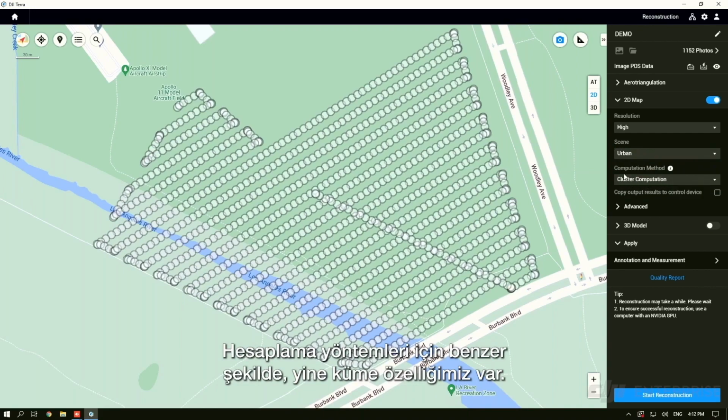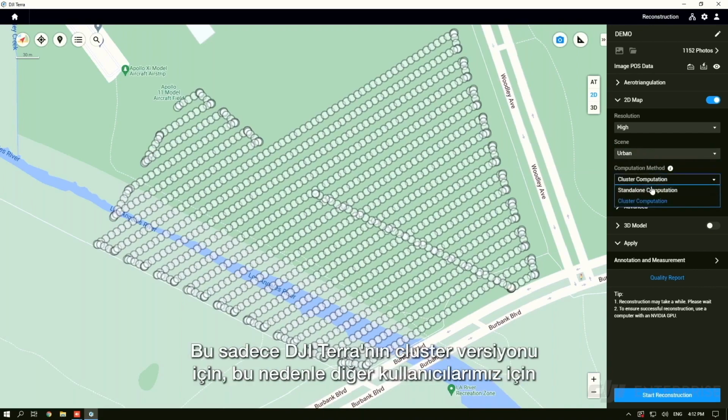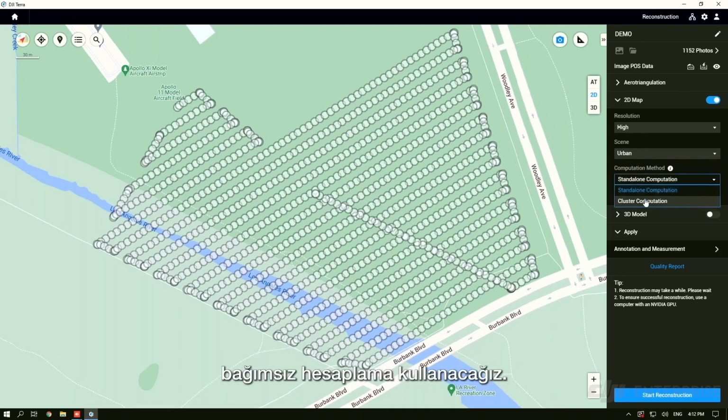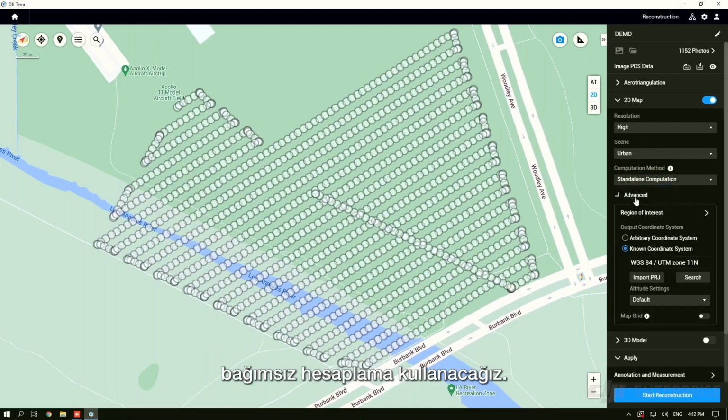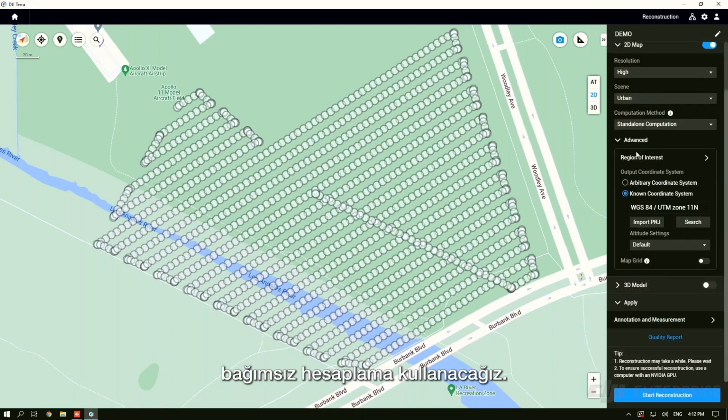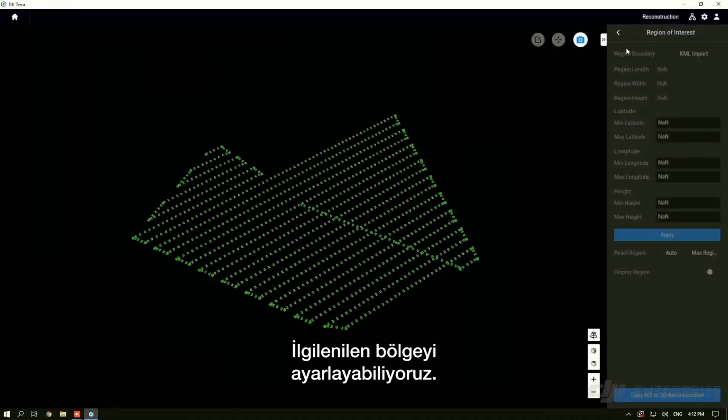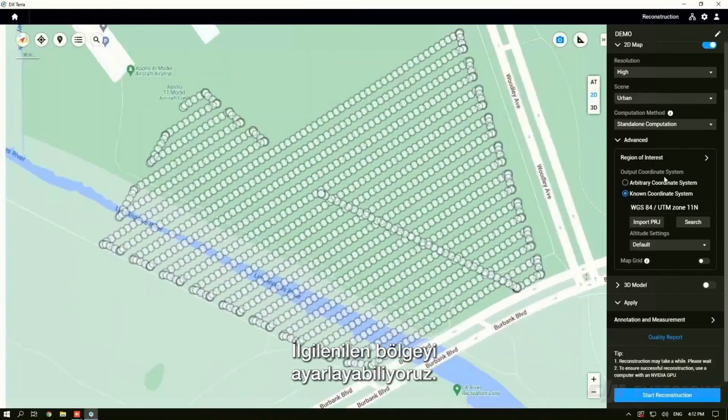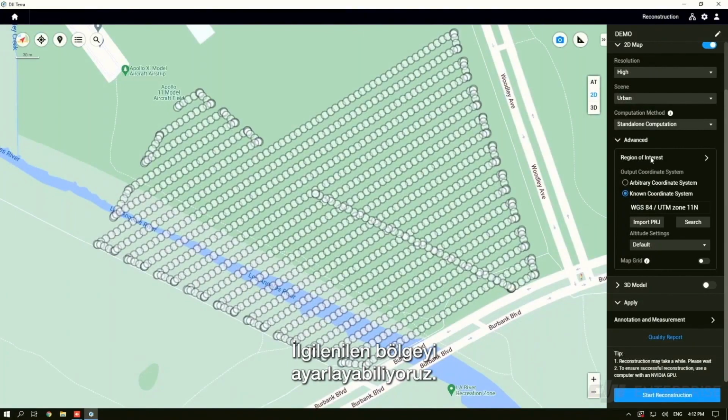Similarly, for the computation methods, we have cluster. Again, this is only for the cluster version of DJI Terra. For other users, we will use standalone computation. Under advanced, these are the settings available to adjust the region of interest. In order for the user to select the region of interest,